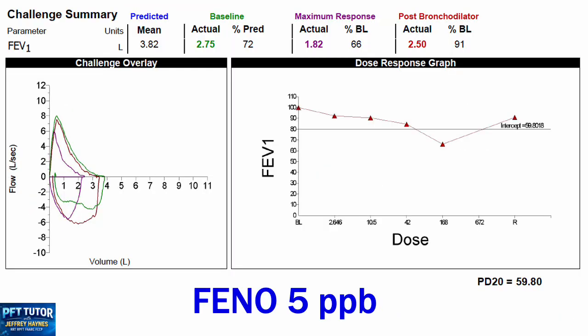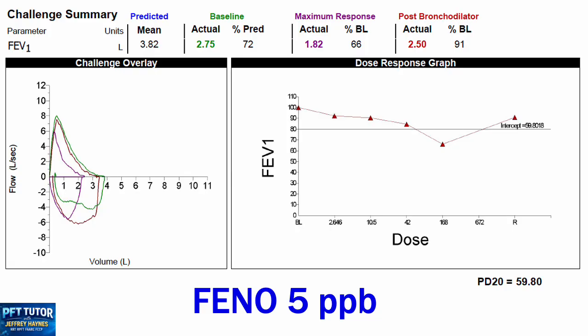This is a methacholine challenge from an obese patient that I tested. There is a significant response to methacholine, but a very low fraction of exhaled nitric oxide, or FeNO. So in my opinion, it's probably not a great idea to treat this patient with steroids because the low FeNO suggests an absence of type 2 inflammation, and steroids have the potential to make things worse via more weight gain. So in this patient, I would prefer to use a long-acting beta agonist or a long-acting antimuscarinic agent and focus